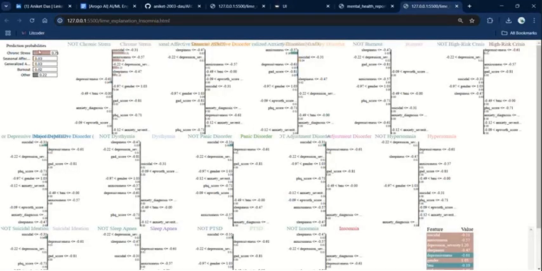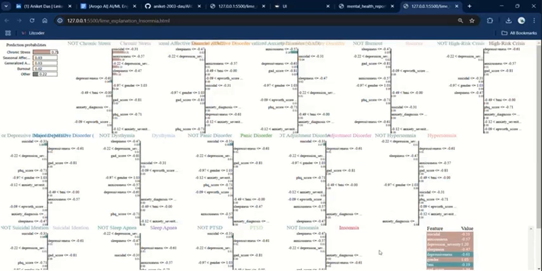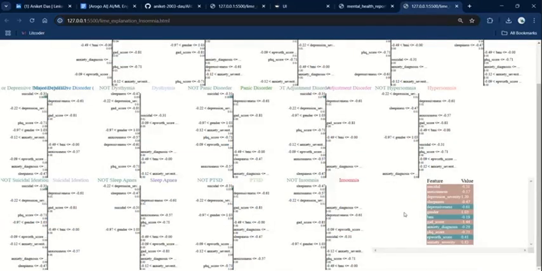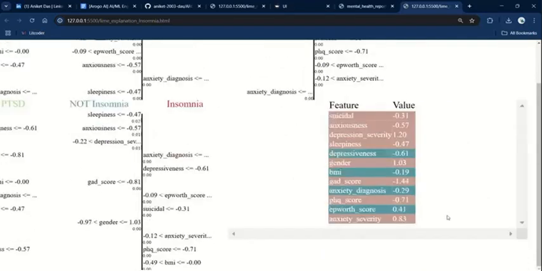So on the left top we have the prediction probabilities, which are of various conditions being present in the prediction. In the middle part we have feature importances, like if we consider chronic and not chronic stress, all the features which are present in the yes part are more relevant features, and in the not chronic stress part, these are the less relevant features. And if we have a look at the right bottom, these are the actual feature values for the instance here.